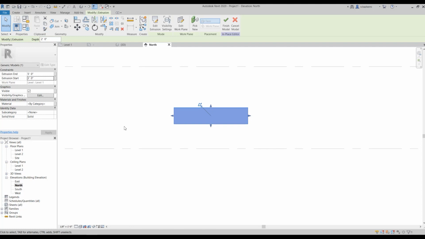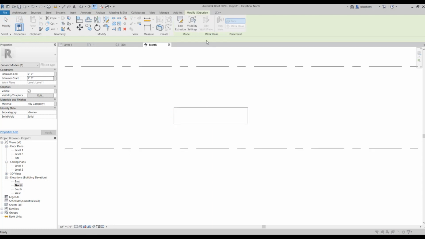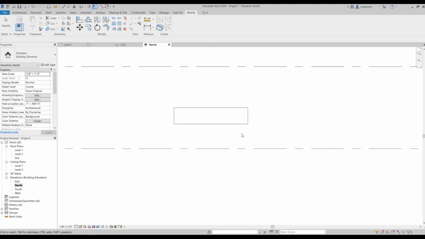However, when you start placing your model in a plan view, like what I did here, Revit automatically sets your current plan view as your reference plane or work plane. But this is actually different when you start placing your model when you are in an elevation view, for example. So for now, let's hit the green button to finish our model.